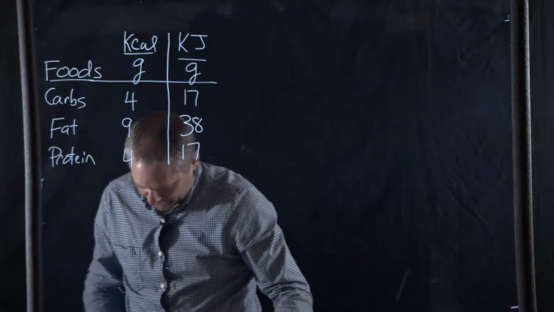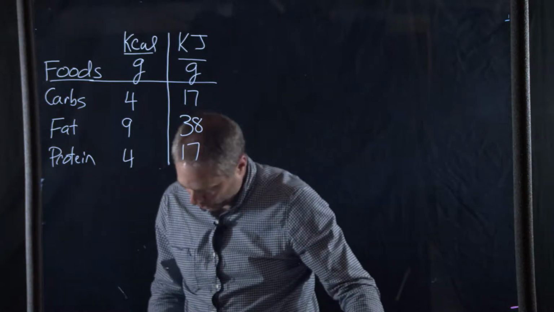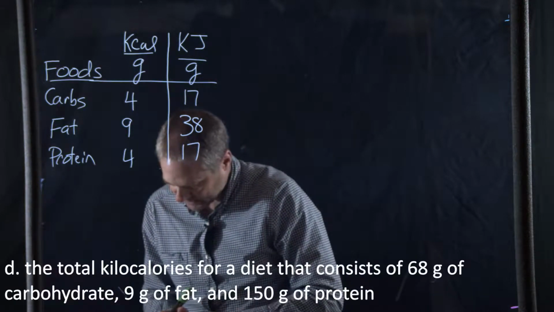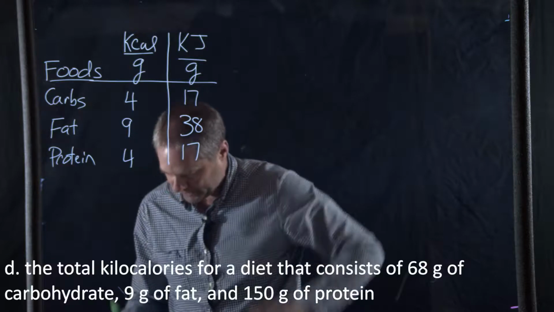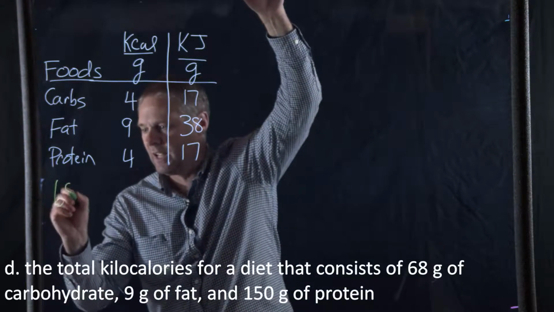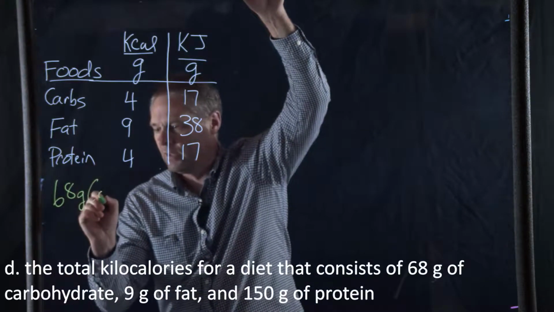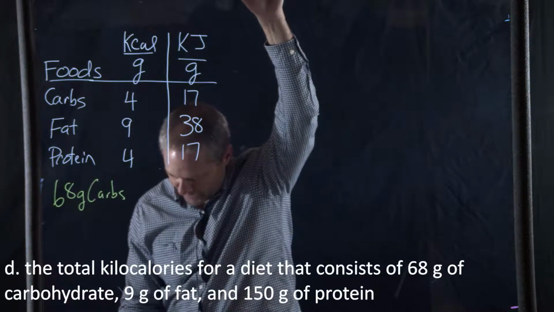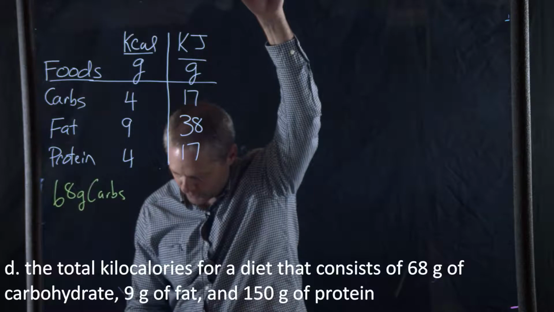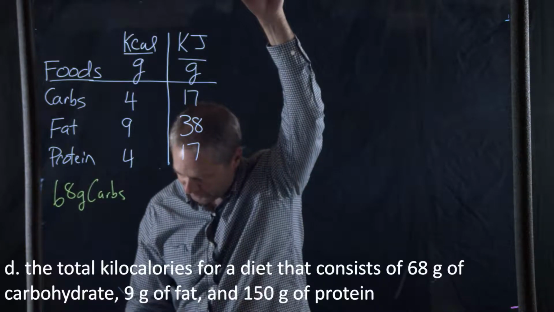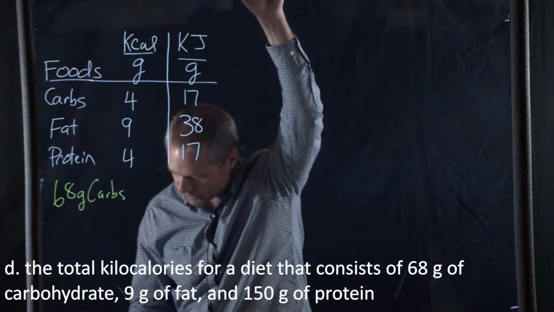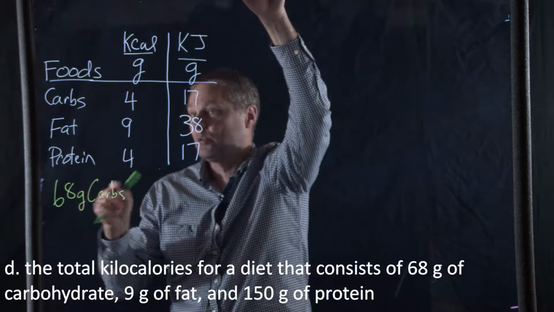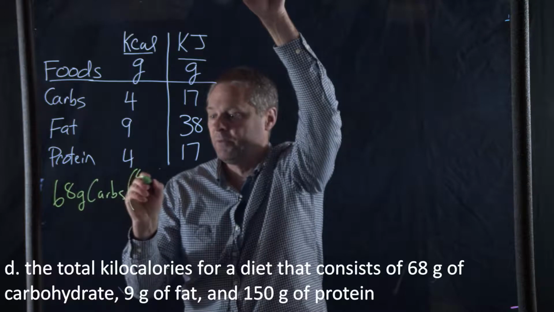The last one here is going to be the total kilocalories for a diet that consists of 68 grams of carbohydrates. So we have 68 grams of carbs, 9 grams of fat, 150 grams of protein. So this must be a complete total diet, and we were looking at the total kilocalories. So we have the carbs, and so this would be 4